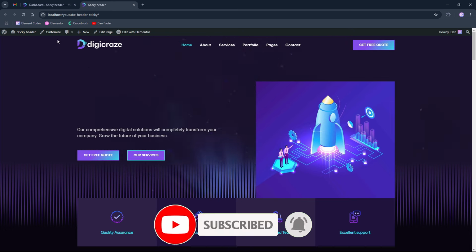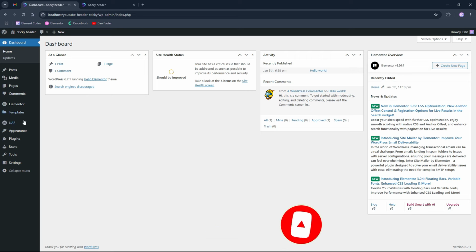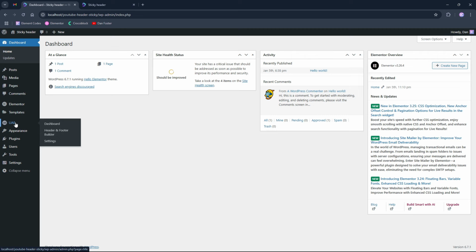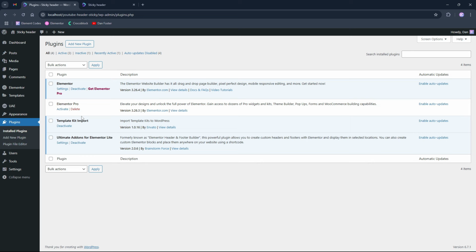First, we will go to the dashboard, and in the dashboard you can see that I already have enabled Ultimate Addons for Elementor Lite, which is a free option for users that do not have Elementor Pro installed. As you can see here, Elementor Pro is deactivated and only Ultimate Addons for Elementor is activated. Now we will click on the Ultimate Addons for Elementor